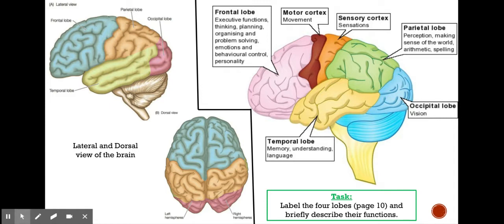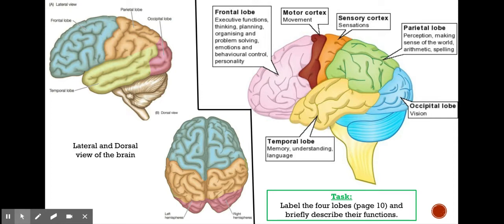So the frontal lobe is responsible for your executive functions: thinking, planning, organizing, and problem solving, emotions and behavioral control, as well as aspects of your personality. So we talk about the frontal lobe being quite responsible for things like emotional regulation in people, a very important part. Your motor cortex is responsible for movement, muscle movement. Your sensory cortex is important for sensations,